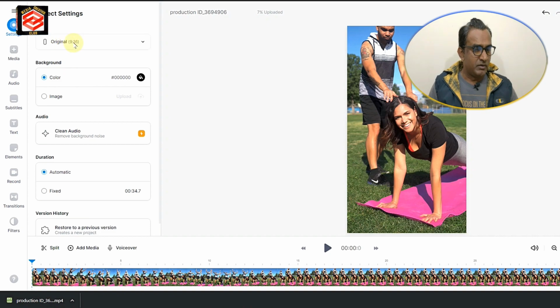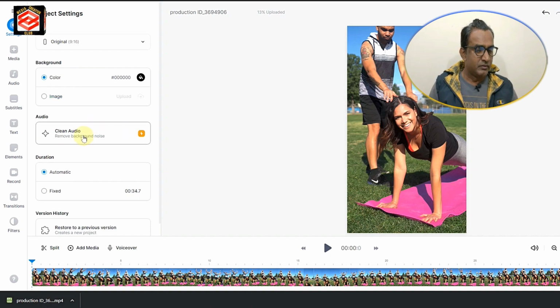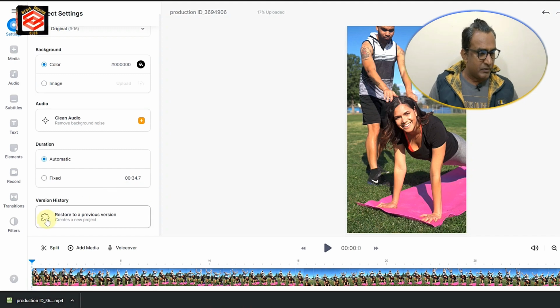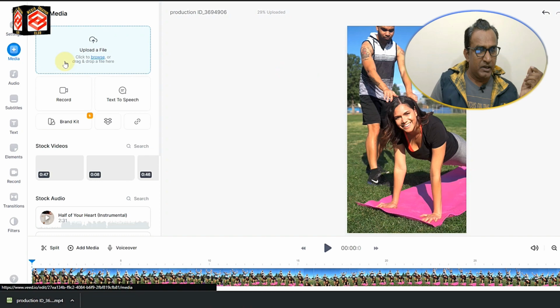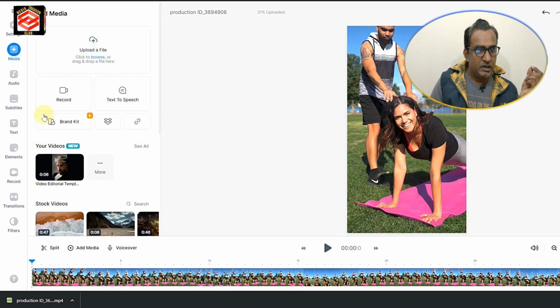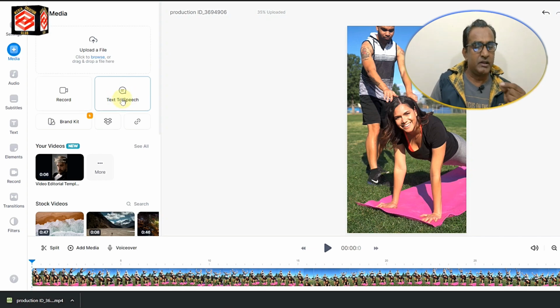Now here you can change the resolution, size, color, or clean the audio, or anything you want. So the first thing is we click here, click the media, and then click here, you can see the text to speech. So we click the text to speech,